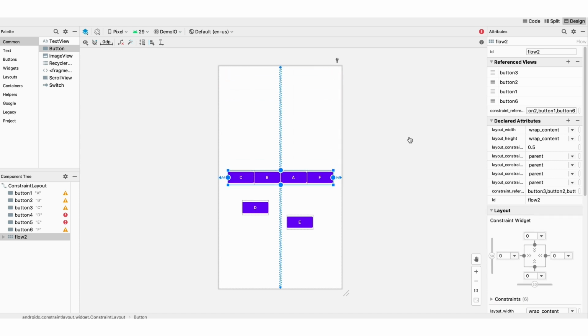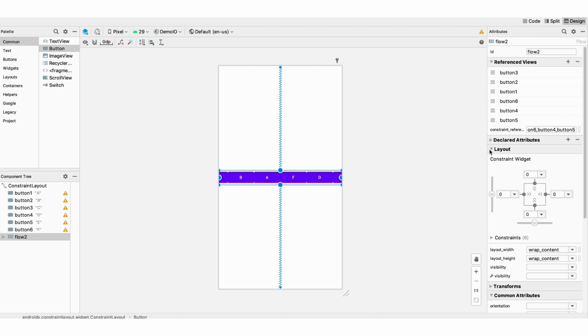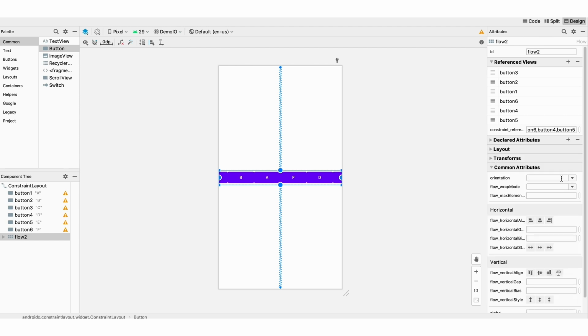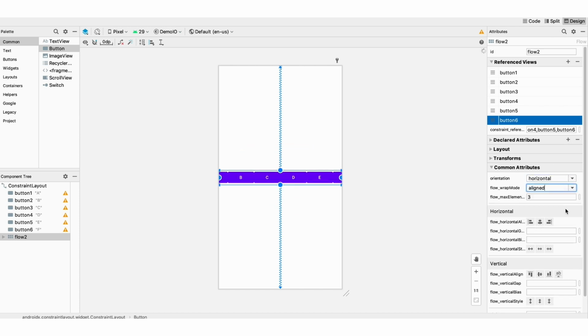And what we support now as well is showing you the different elements that are referenced in that constraint helper in that top right panel. So it's easy for me to then add new elements to that flow, as well as editing that flow. So we have a brand new panel to edit the different attributes of the flow, so you don't have to guess which attributes exist. You can just go and edit them like that. But again, you have an immediate validation of what's happening. And that reference panel in the top right allows you as well to reorder the elements or delete them, in addition to add them. So it's a lot more convenient to use the constraint layout helpers in 4.1.